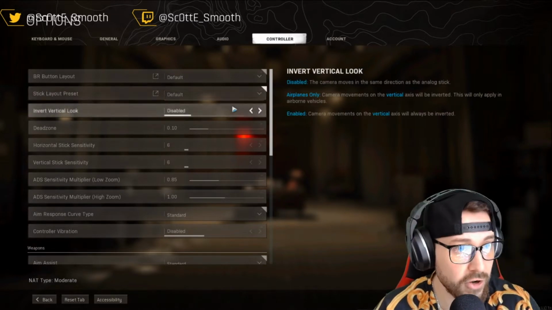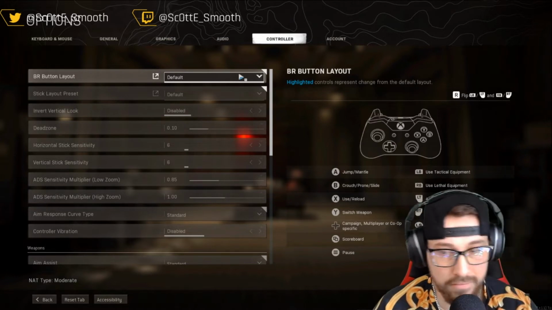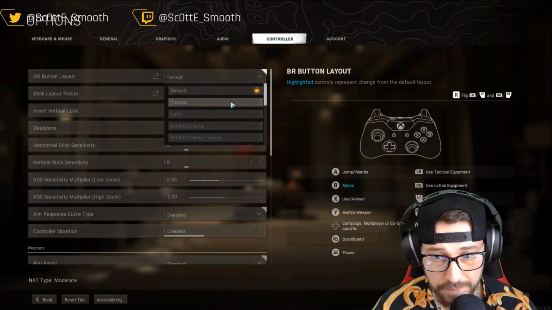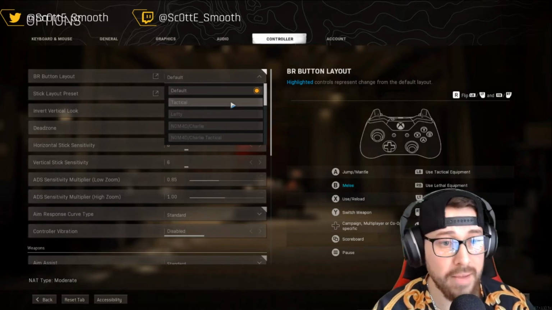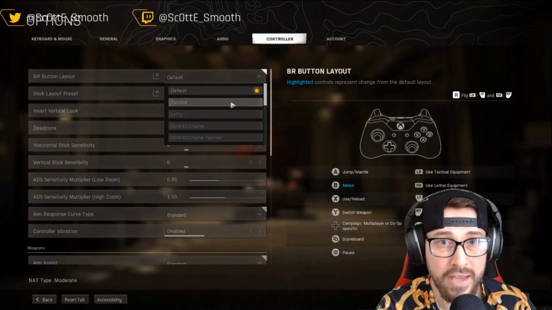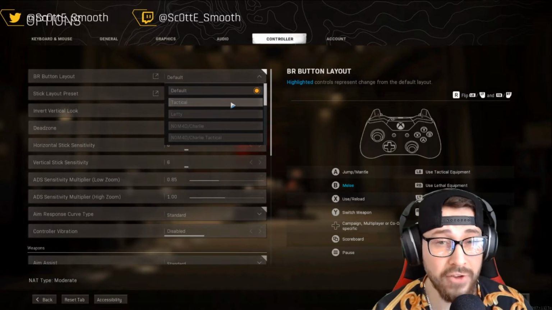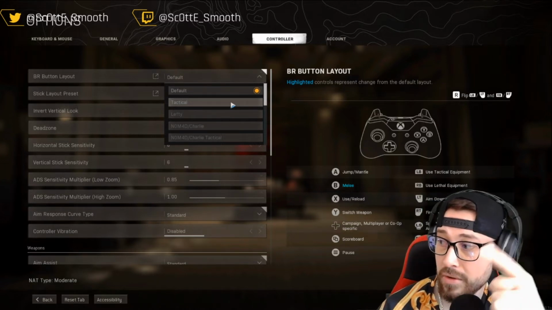So, starting off the top, the BR button layout. Typically, this really depends on how you want to play. I play default. Some players play tactical, and a lot of times with tactical they use that because they slide cancel with the stick using crouch. And if you guys don't know how to slide cancel or kind of what I mean by that, I'll put a video up here